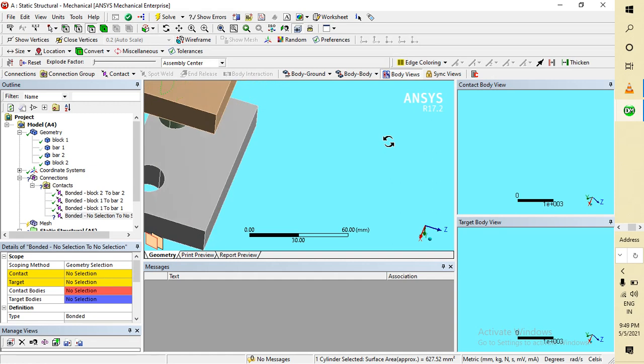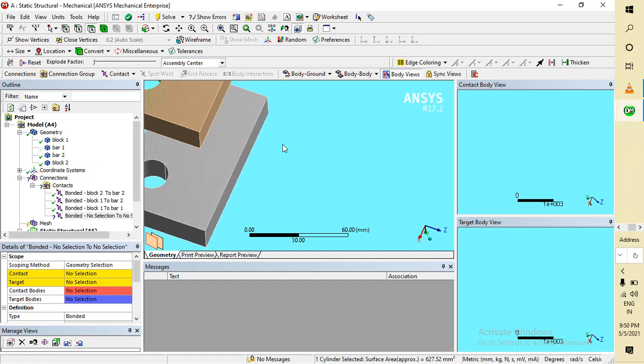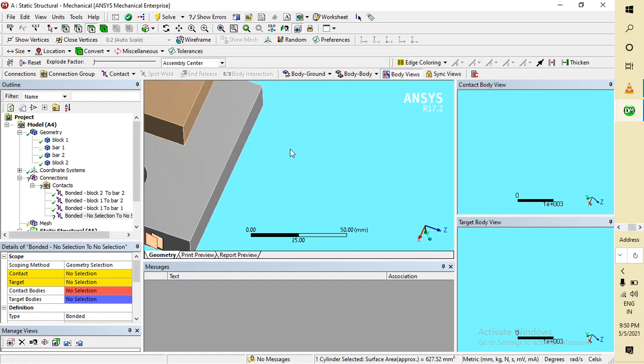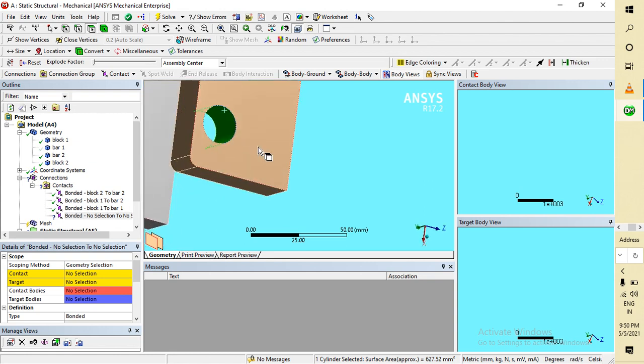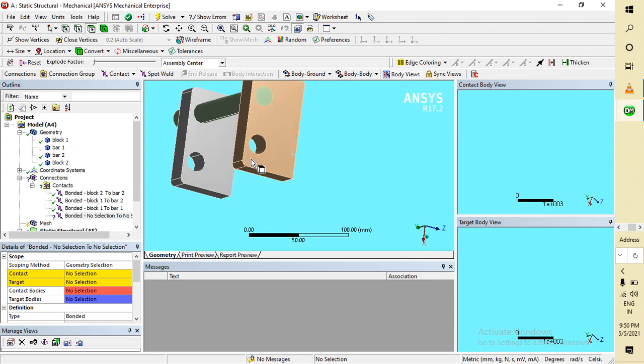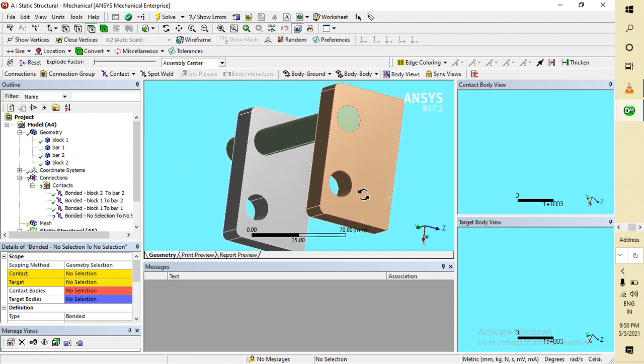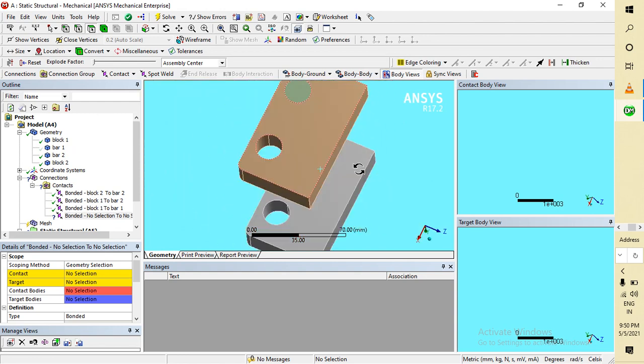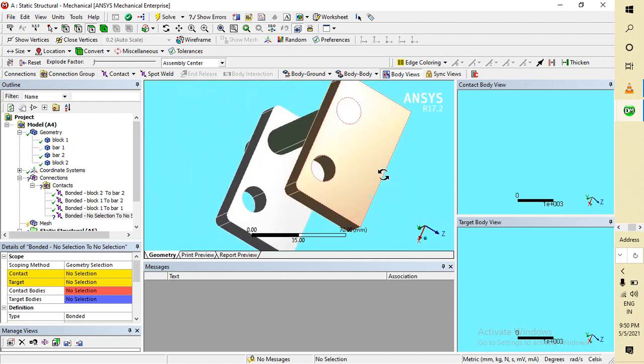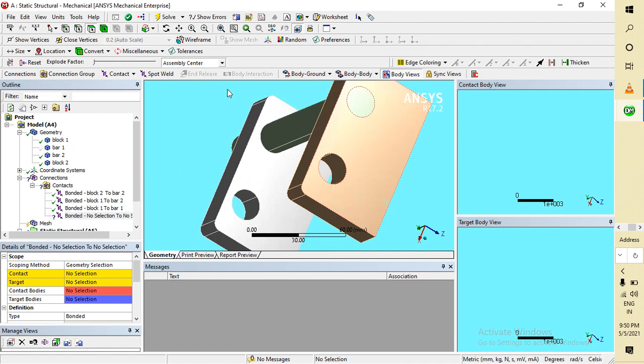I'm selecting, okay, zoom out by scroll, press this one and with control you can pan it. Okay guys, I forgot, so I just remind you how to pan.